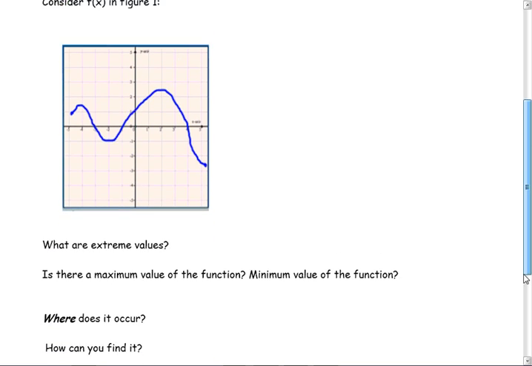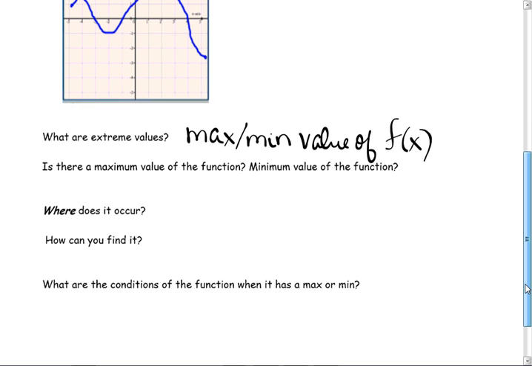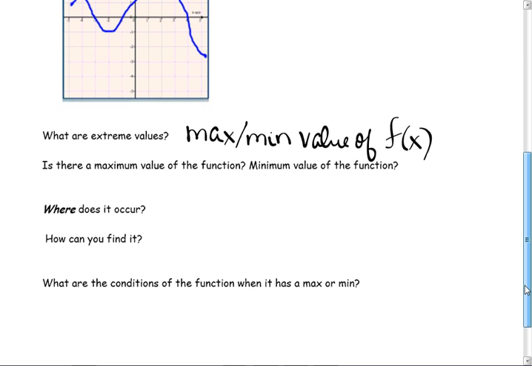Here's a function. What are extreme values? They're the max and mins of the function. They are not the x-coordinates. They are not the x-coordinates. They're not where does this occur. They're asking what they are. So if I look at my picture here,